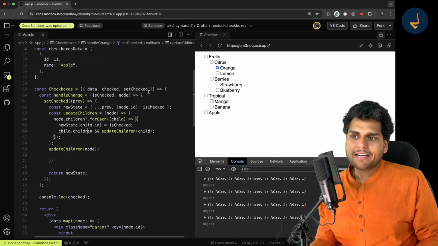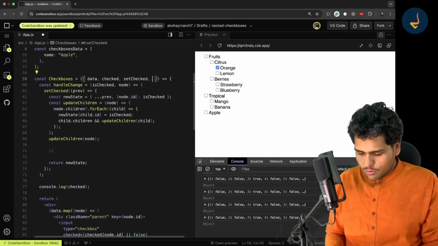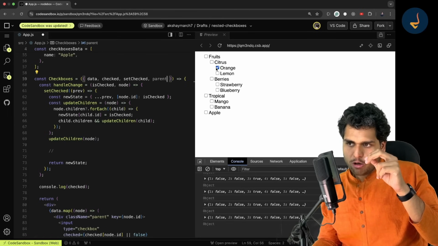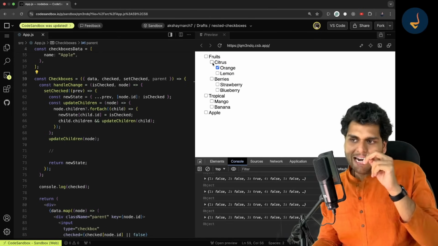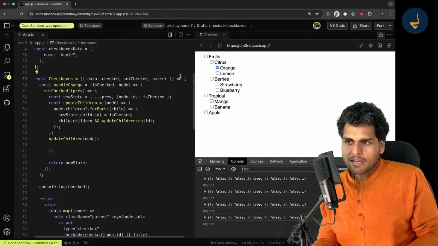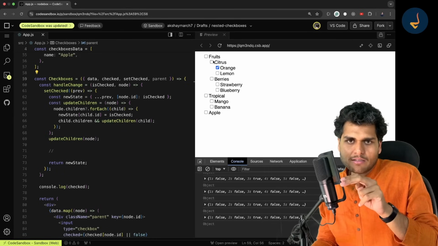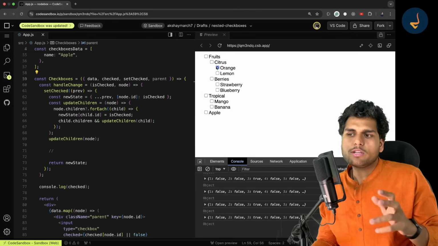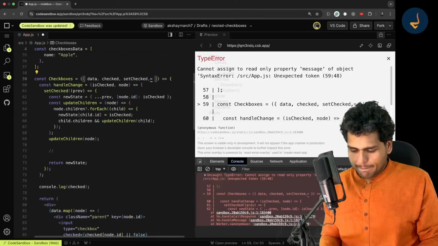Either I can keep track of the parent. So I can pass in the parent, something like that. Suppose I'm checking orange, I also want to know what my parent node is. That way I can solve it. So whenever I am checking my orange, I should also know what my parent is, and then their parent and so on. I should know the data hierarchy. The second solution which is coming to my head is that